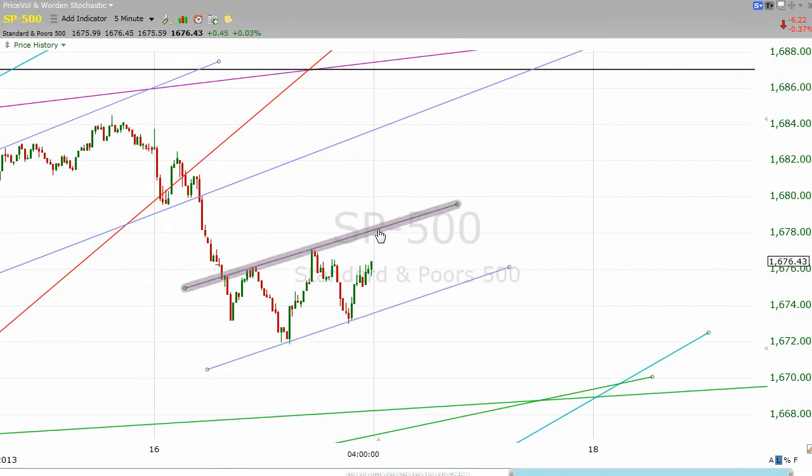This should give us an idea whether tomorrow is going to be a mildly up day or a down day, depending upon which one of these lines ends up getting taken out. I guarantee you one of them will go soon, and that should give us the clue as to which way the S&P wants to go in the very short term.